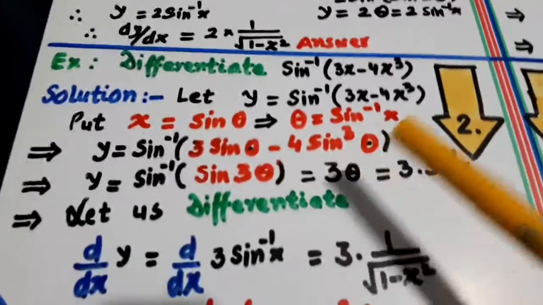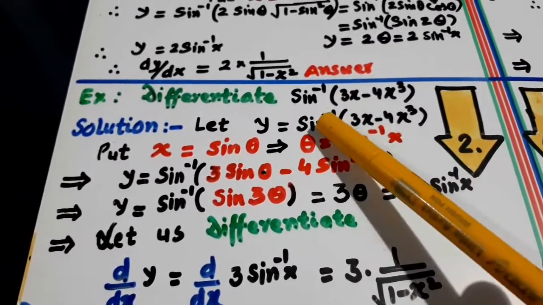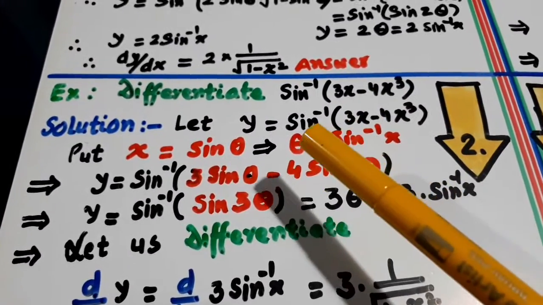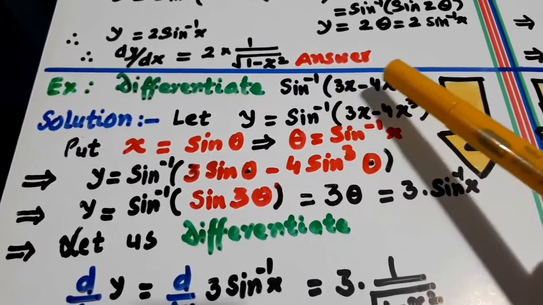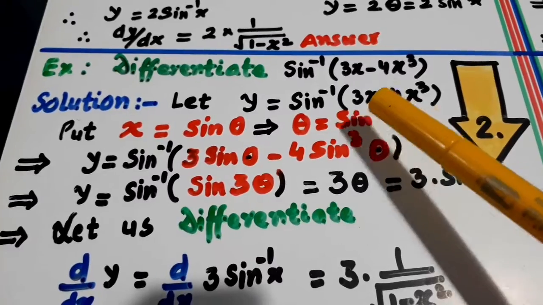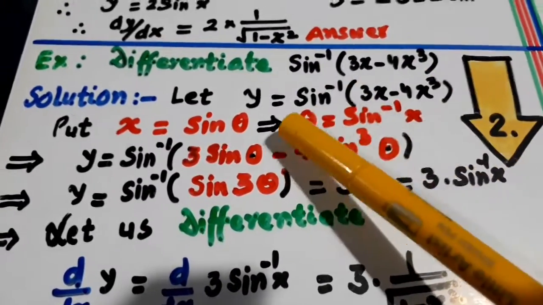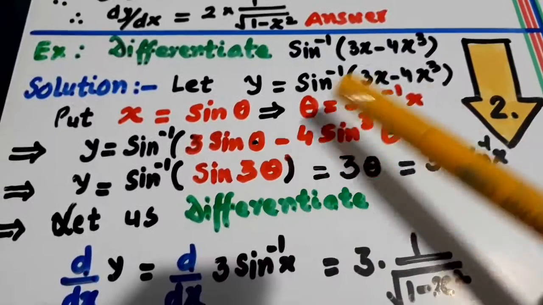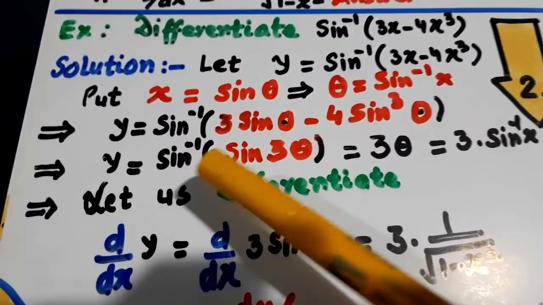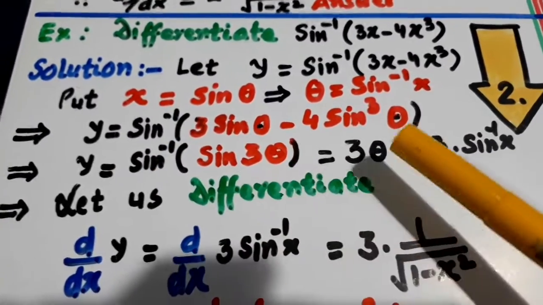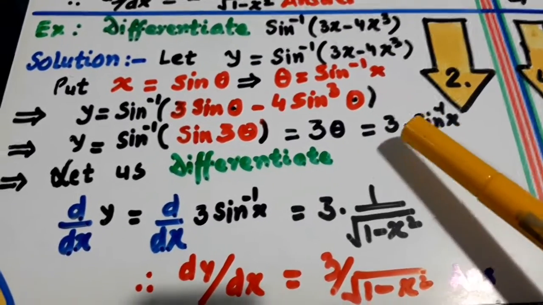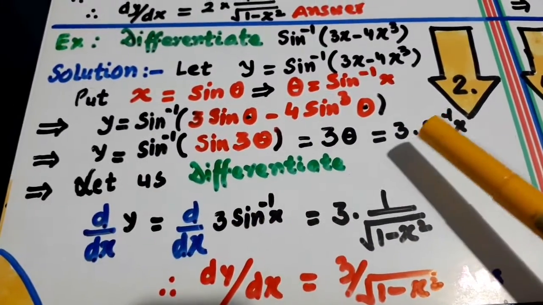Now let us go to example number 2. Sine inverse 3x minus 4x cube. Now this you know, this is sine 3 theta formula. So formula is put x is equal to sine theta. So it will become 3 sine theta minus 4 sine cube theta, which is sine 3 theta. Sine inverse will cancel up sine, we will be left with 3 theta, and theta, as you know, is sine inverse x. So the question has become very, very easy for us to